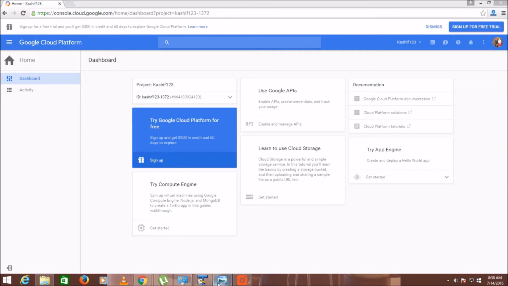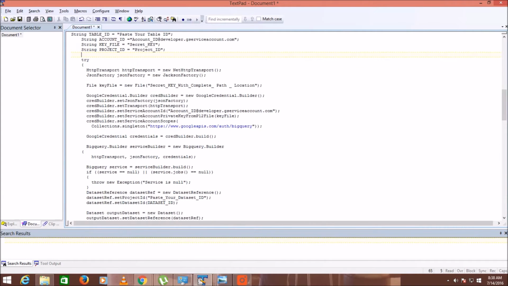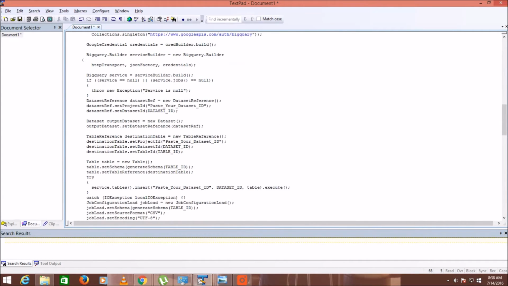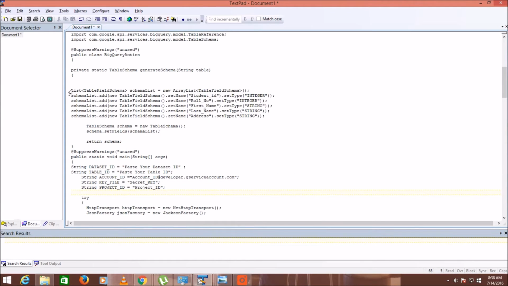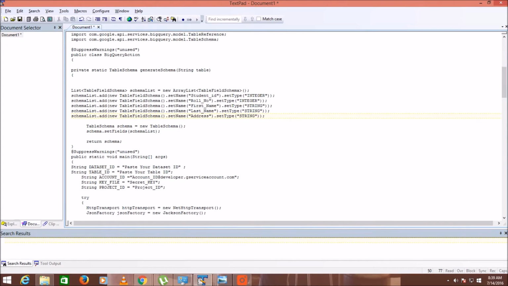Before going further, let me discuss: if you want to access your BigQuery from the code, what are the benefits of the code? Let me tell you a basic overview. You can declare the schema like this. These are the columns of your table, and if you use the BigQuery interface, you have to set your schema every time you upload a new table. But while using this Java code, you can set the schema and the table name, and you can keep uploading your